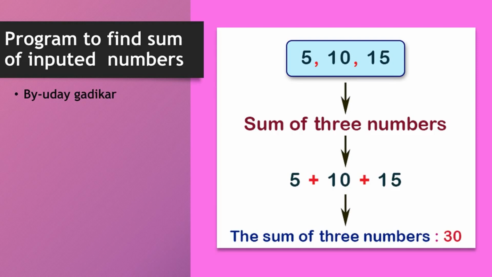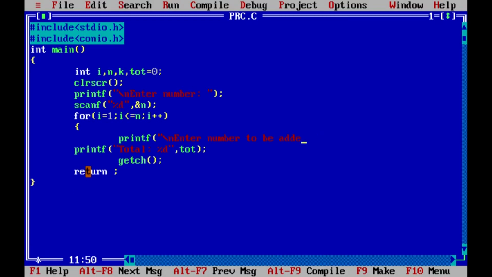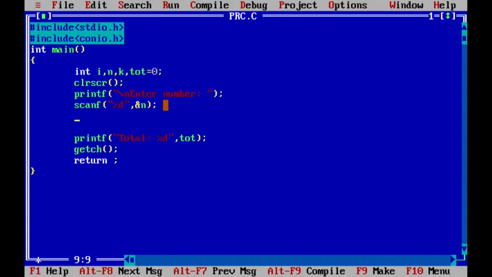Now we will see a program to add each and every digit of the given inputted number. We will cut this. We have given a command to enter the number. Now we will use a for loop.